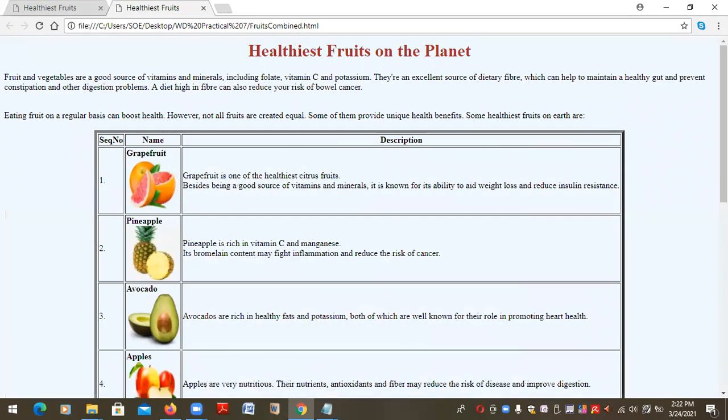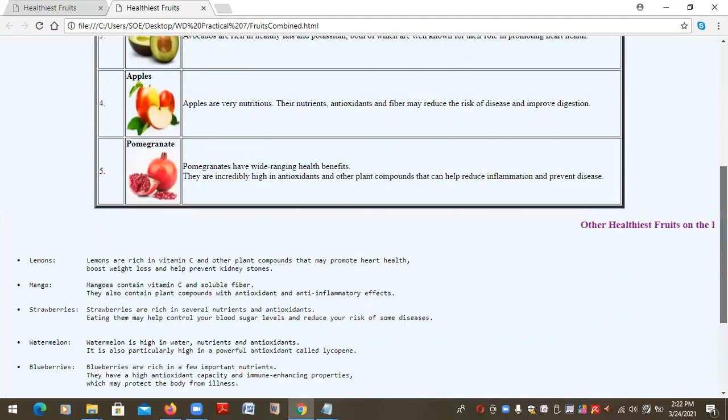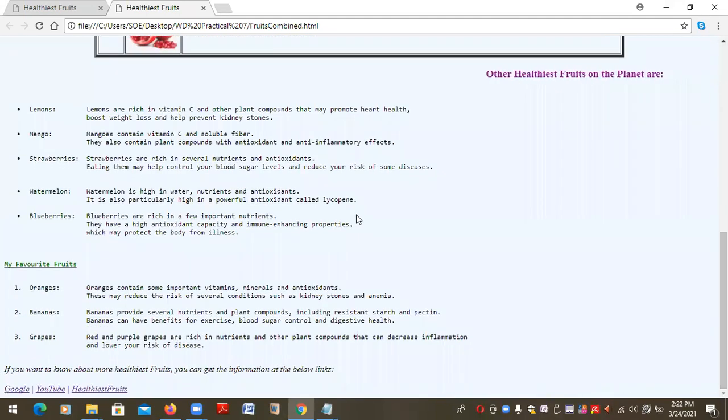I hope this is okay now. This is the table in the middle. And okay, now this is okay. So which means that I have to close after the tables. Okay, so this is how you combine the two pages. But as I said, it is better to make it two pages because we are going to link from each page to each page. Is it okay? Yes, after the table, yes.